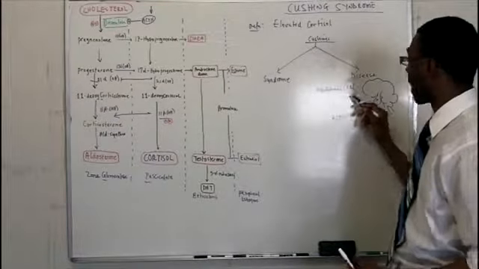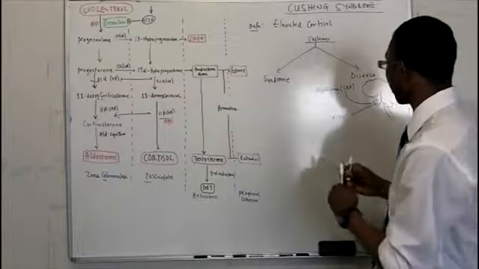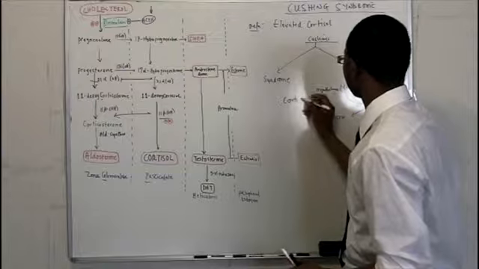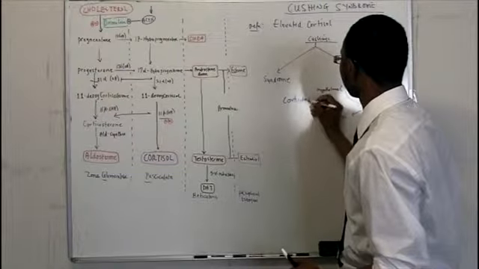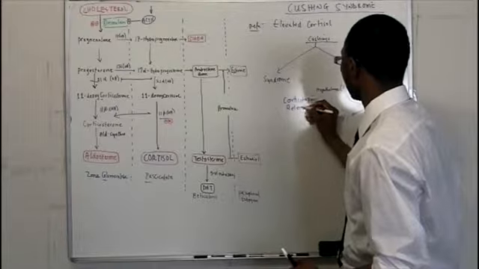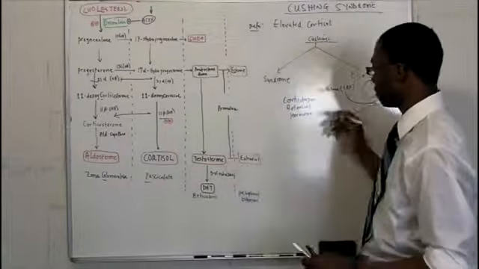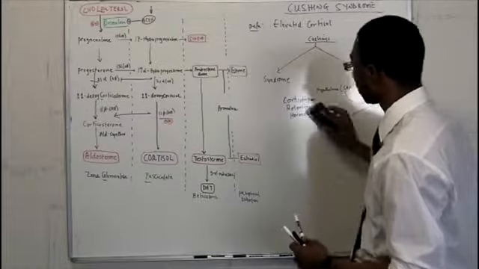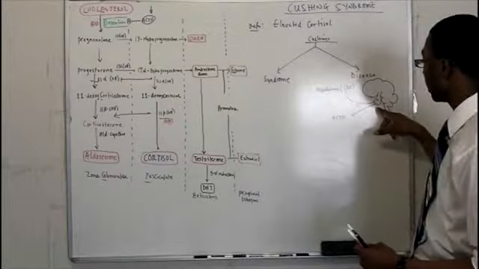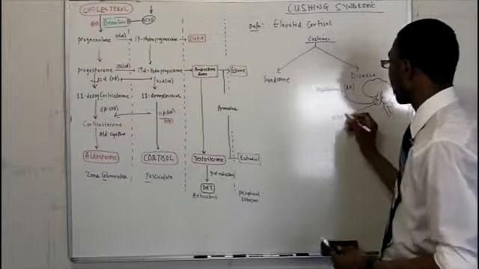ACTH is actually under the influence of the CRH hormone, which is what? Corticotropin releasing hormone, which is CRH, made in the hypothalamus. When this hormone is made, it goes down into the anterior pituitary gland and tells it to make